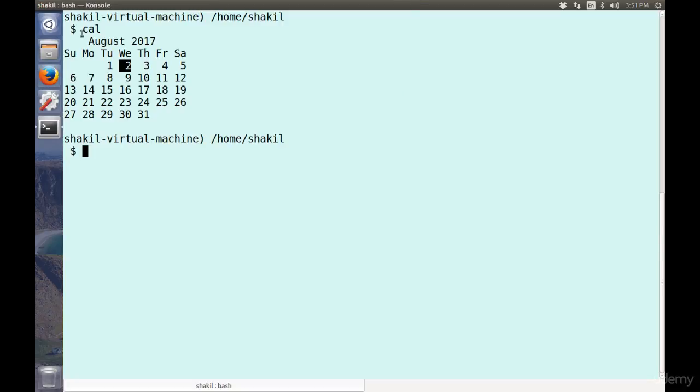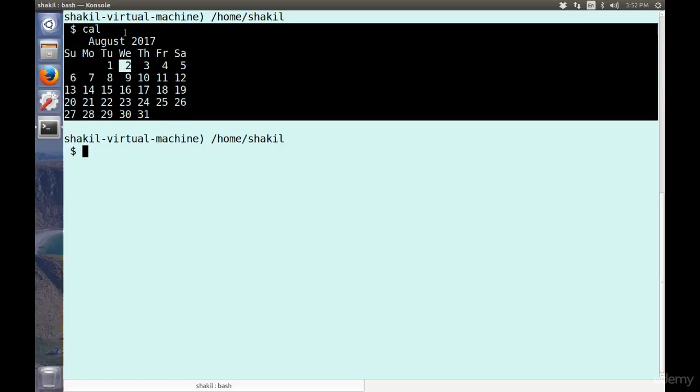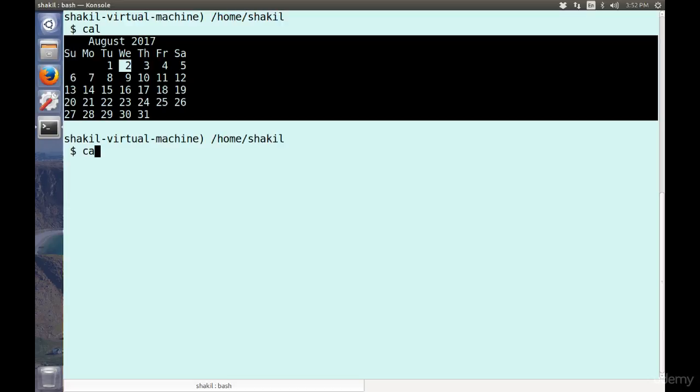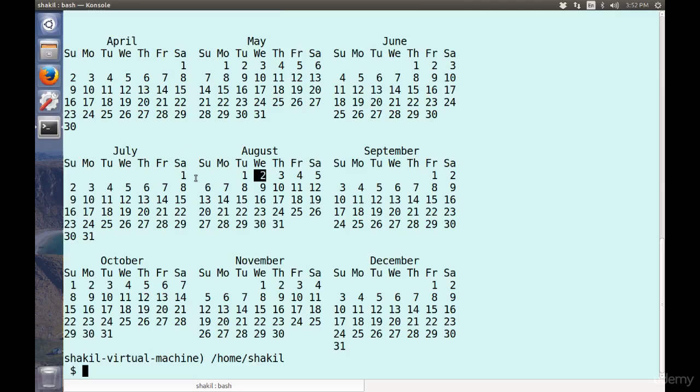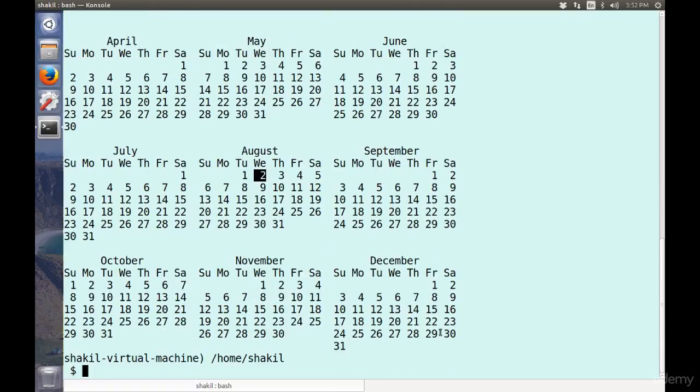By default, when you issue the command cal, it will show you the present month of the year. Now if you say cal 2017, it will show you the calendar of all the months when you give a year. So cal 2017 will give you all the months. If you want any particular month, not the current month, then you can say, suppose, cal 03 1978,